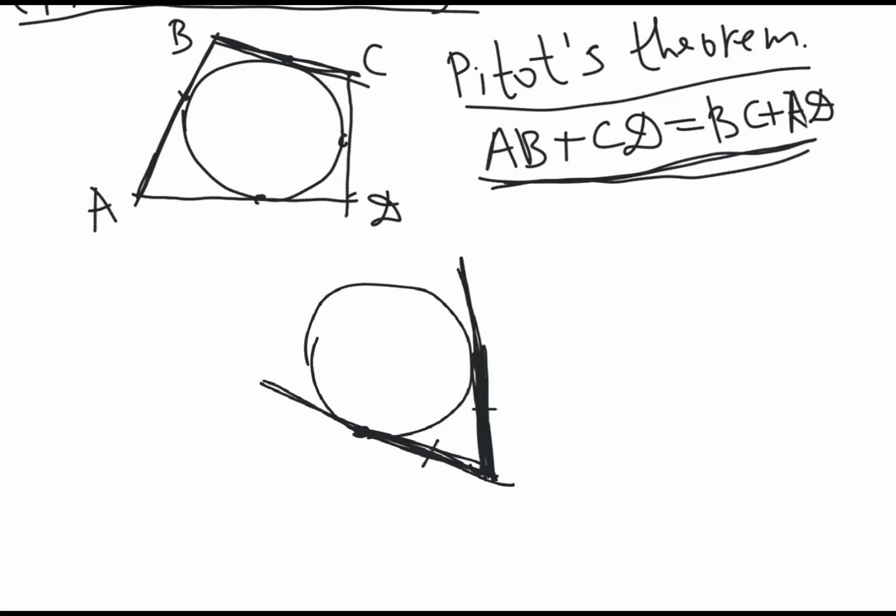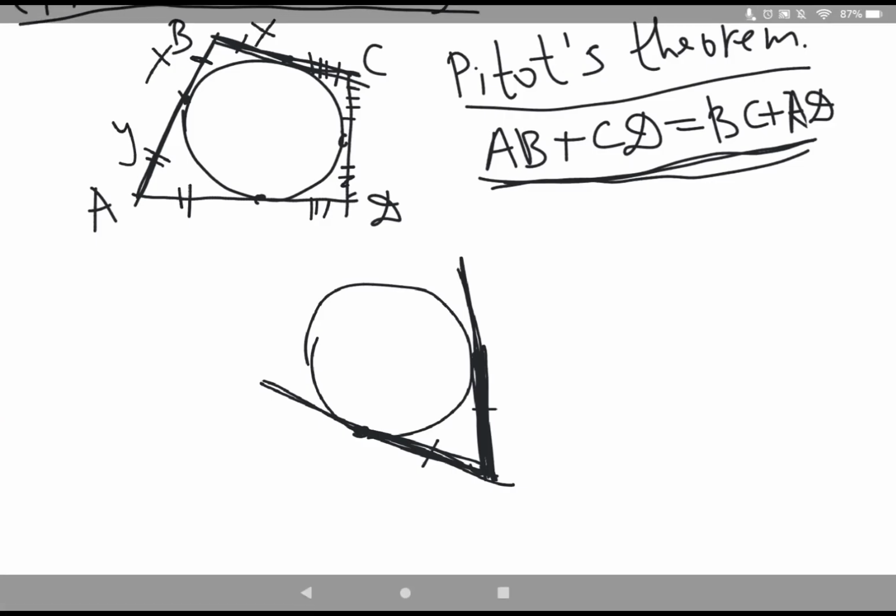So in this picture we have these segments equal, these segments equal, these segments equal, and these segments equal, right? So if we denote them, let's say by x, this would be y,